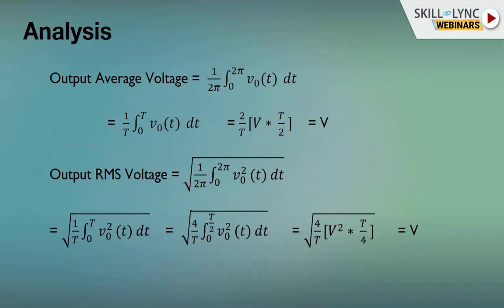So to further analyze, we should have mathematical equations for any particular converter we describe. So for this inverter, we could look at the output or average voltage. Any average voltage is given as the area under one cycle of a curve, and one cycle is always taken as 2 pi. Now let me take the cycle as T. As I have explained in this particular context, let me just take the time period as T.